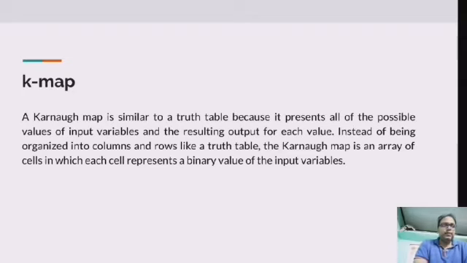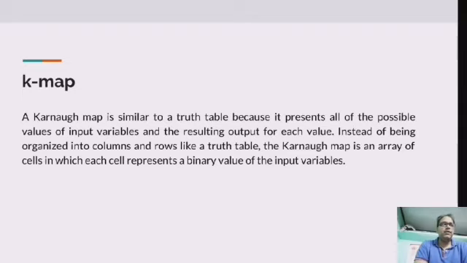The cells in the K-map are arranged in such a way that the simplification of a given expression is simply a matter of properly grouping the cells. What we have to do in a K-map is properly group the cells, make the pairs, make the quads, and how we do all this depends upon whether we are using a 3 variable K-map or a 4 variable K-map. It depends upon the expression provided to us, which expression we have to minimize.